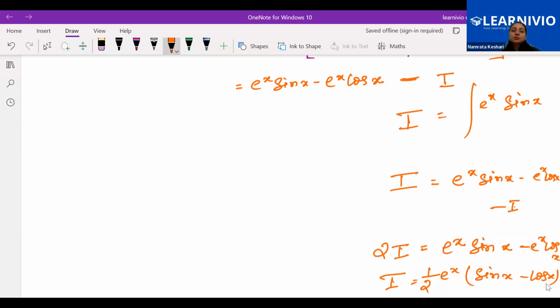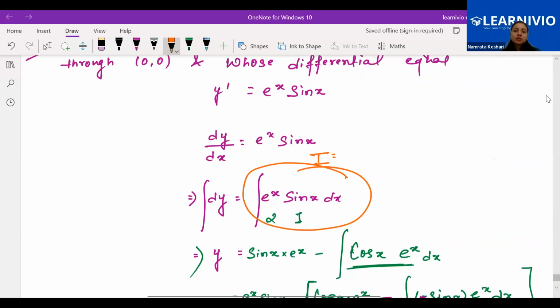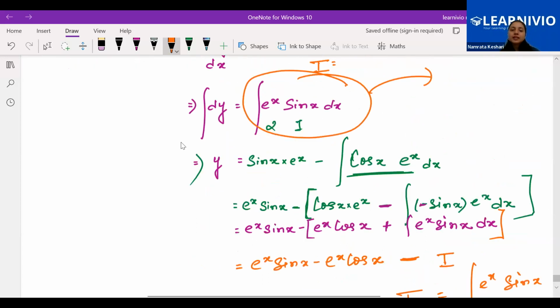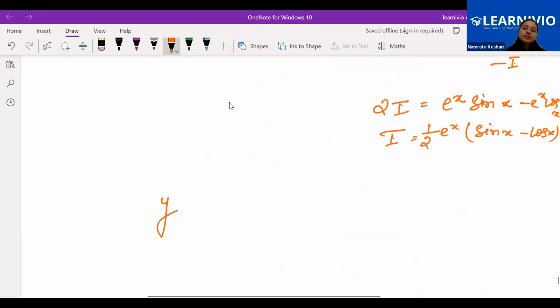Now directly you are going to substitute it at the place of I. You will be substituting over here directly the result which we have got for I, that is 1 by 2 e to the power x, and in bracket sin x minus cos x. Is it making sense to you? Yes, ma'am. So now on the other side, we did the integration and that is just y. So we will say y is equal to the I value we are writing over here, that is 1 by 2 e to the power x (sin x minus cos x)